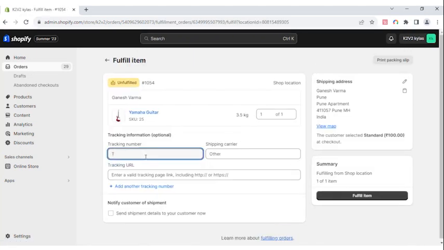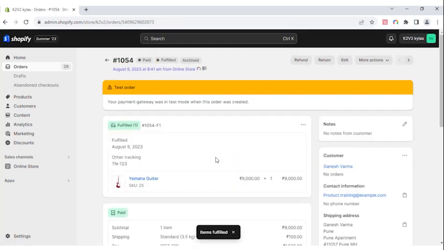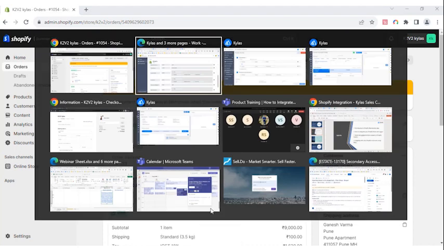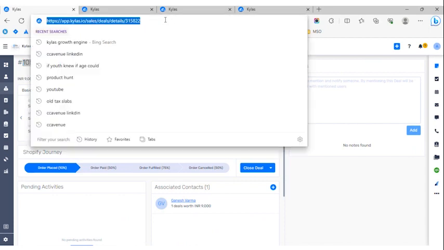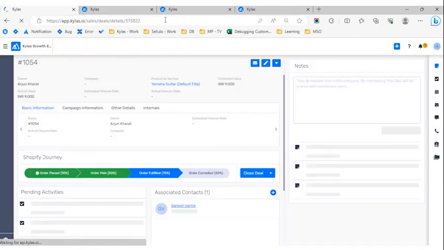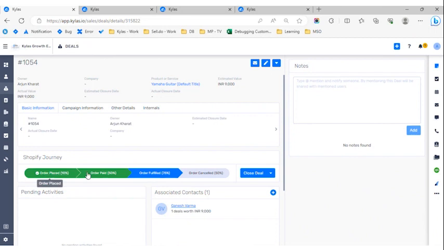Now here I will enter tracking number 123 and say fulfill order. Once this notification is available, we will go to our order, which is this, and I will simply refresh. And you can see the order placed and order paid steps have been highlighted in green color. That means these steps are done. And now it is on the order fulfill stage, letting me know that this particular order is now fulfilled,